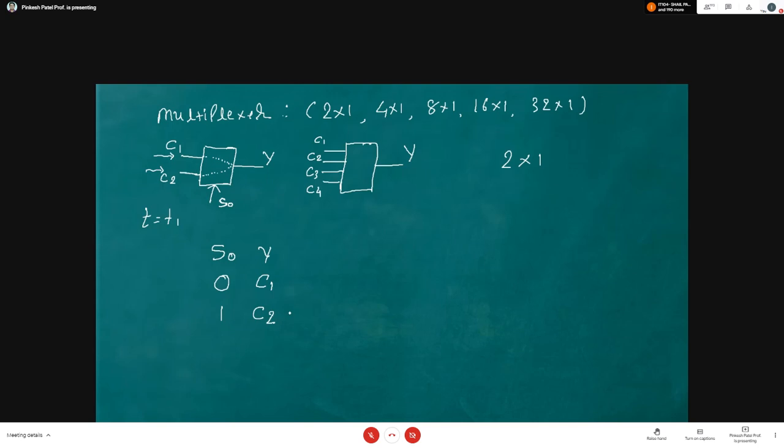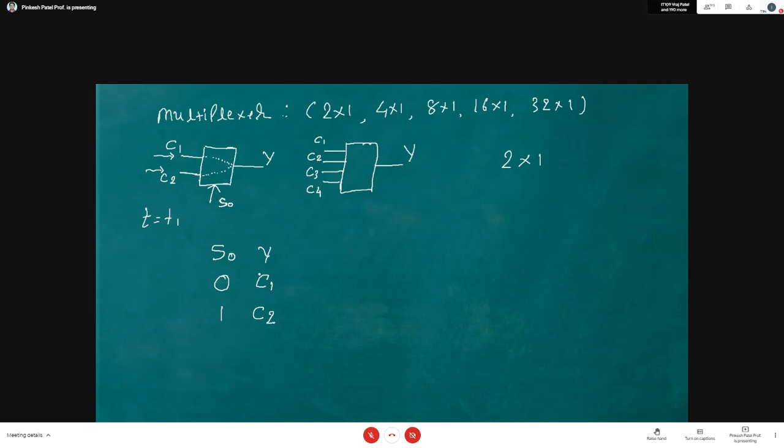On C1 and C2 there is a stream of data, so it cannot be just a 0 and 1. It can be a stream of data like 0, 0, 0, 1, 1, 0, 1, 0. Any data can come from our channel. On television, you see the menu of channels, but at a time you can enjoy only one channel in front of you. So you are selecting the channel actually. The role of a multiplexer is in such a scenario.